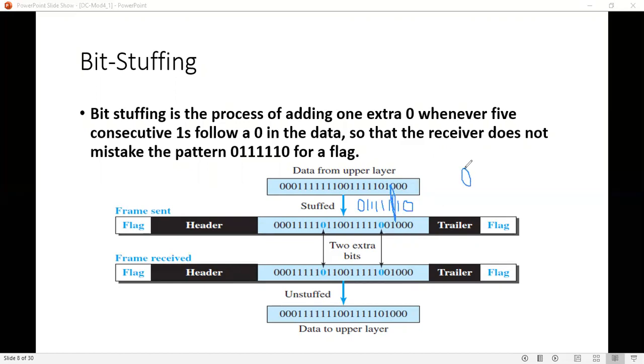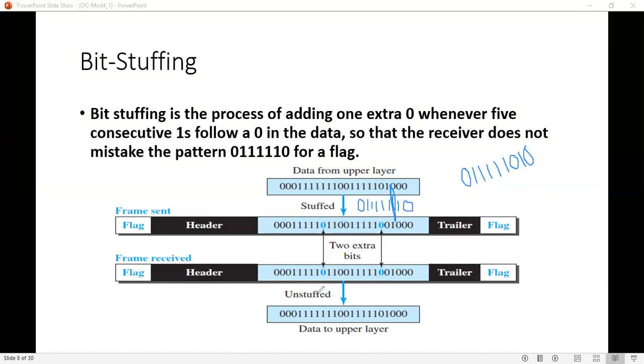It is 0, then followed by 1, 1, 1, 3 ones, 4, 5. After 5 ones, you have added a 0, that is, you have stuffed a bit there, and then 1 and 0. Now the flag sequence is changed here, isn't it?